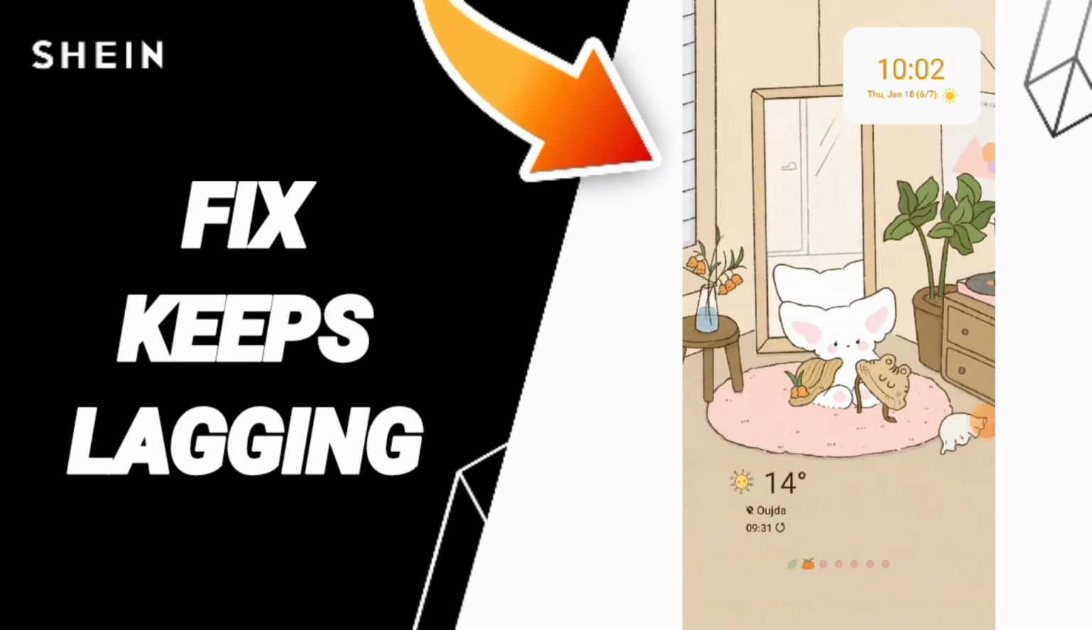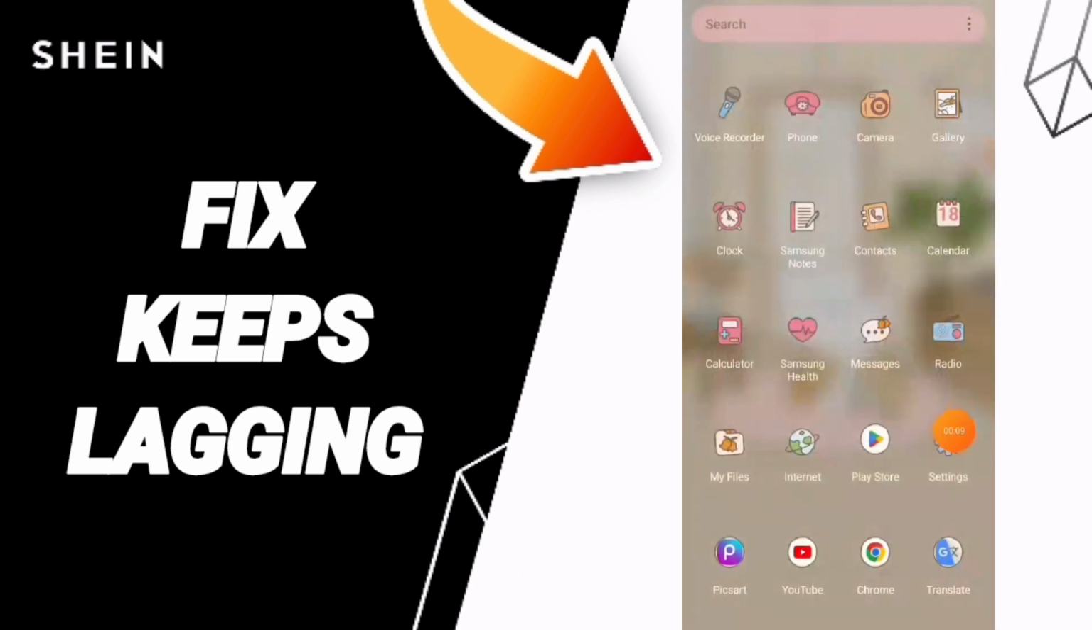Hi friends, today we'll talk about how to fix or how to solve the Shein app keeps lagging. To know how to fix Shein keeps lagging, you should just go to